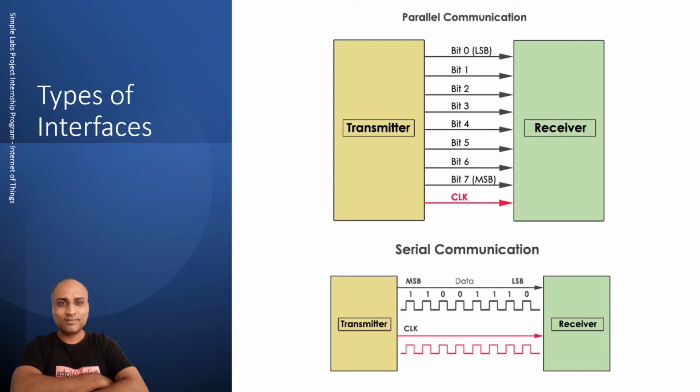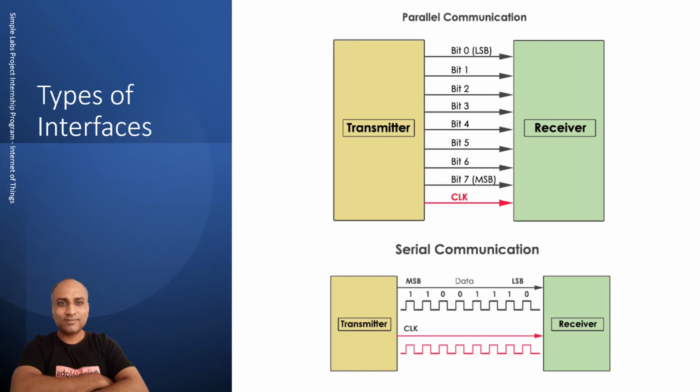Now in serial communication, you can see that there is one data line and one clock line. The clock line works in a similar fashion, but the data line is sending all the 8 bits serially, one after the other. It first sends out the LSB and the MSB is sent last. Maybe a high signal on this line could mean a 1 and a low signal could be 0. There are a number of variations. That's what protocols define. So serial communication means data sent out serially, one bit at a time.